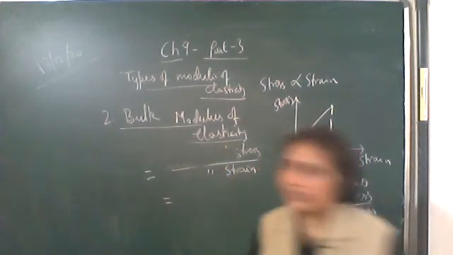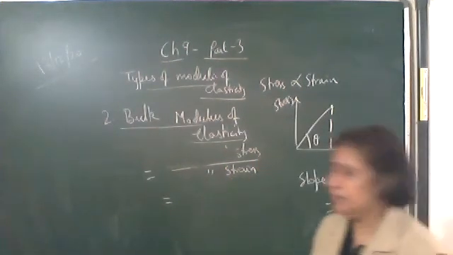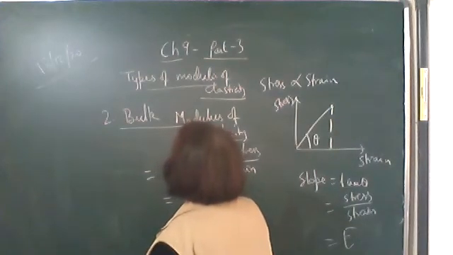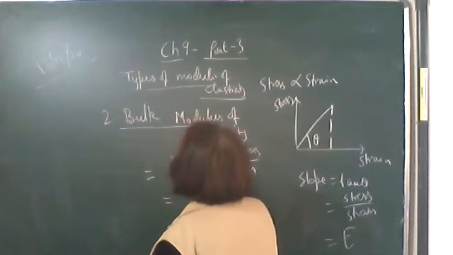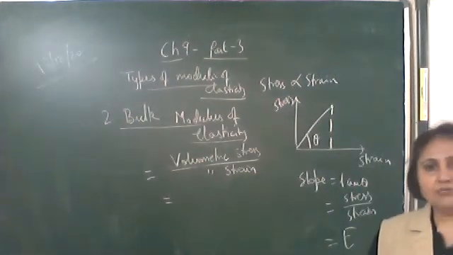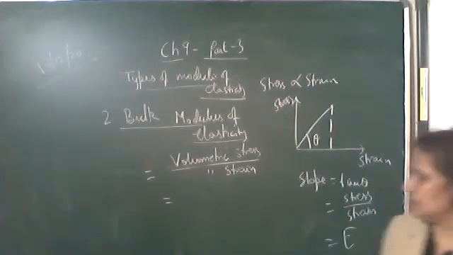So write down: within the elastic limit, the ratio of volumetric stress to volumetric strain is called the bulk modulus of elasticity,